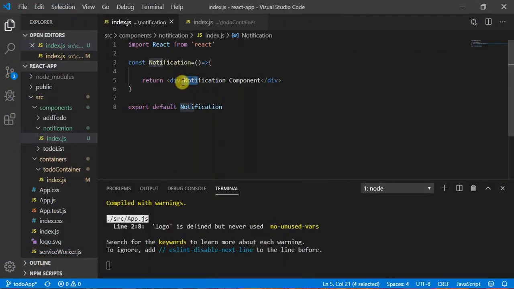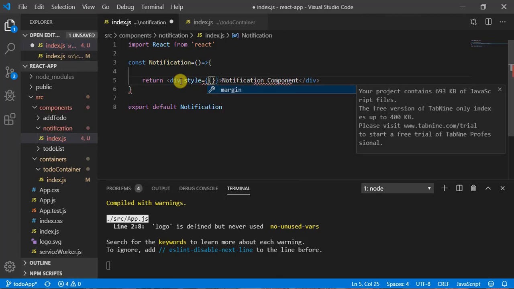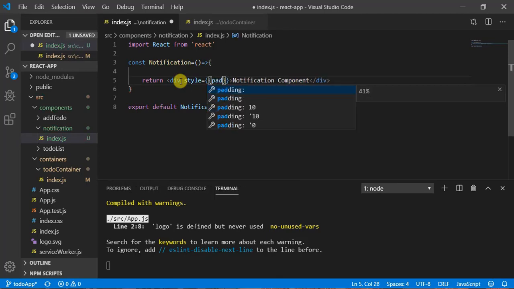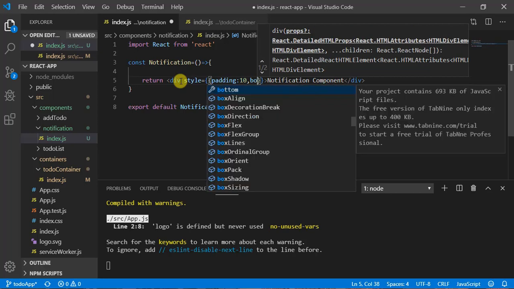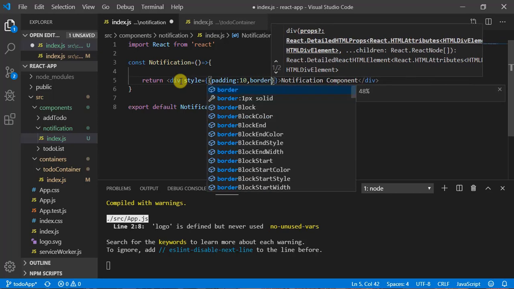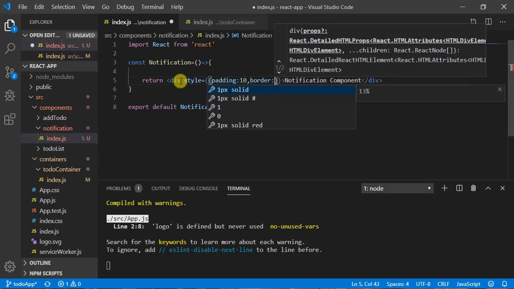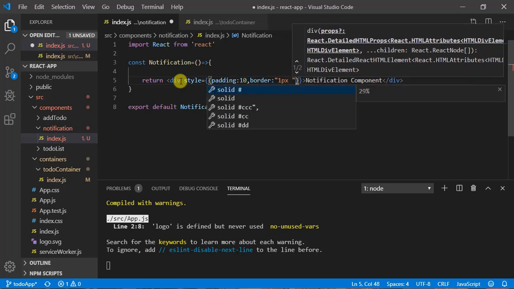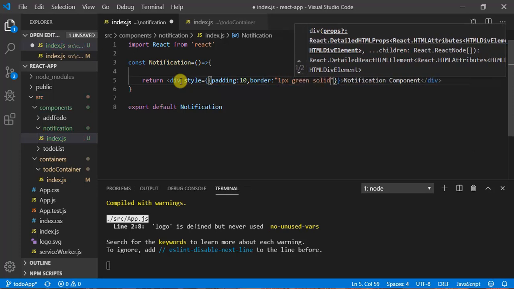So let's give some styling. Call it style, and here we can give a style. Let's give padding first, so padding 10, and border 1 pixel green solid.